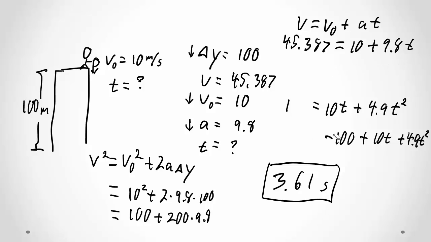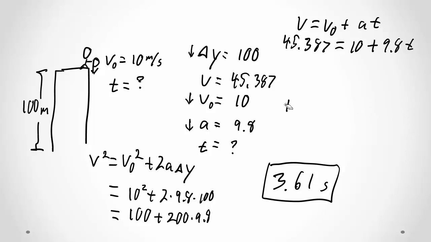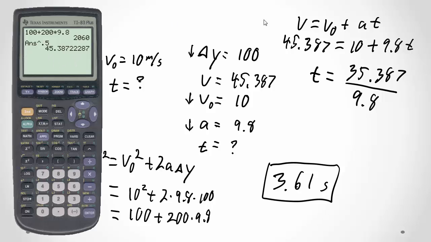Okay, we don't need this anymore. We do want to leave that answer so we can compare. Alright. So we subtract the 10 over, so we're going to have t equals 35.387 over 9.8. Let's grab our calculator here. And if you're doing this, I would not just type in 35.387. It's best to keep all the digits the calculator can. So I'm just going to take the answer minus 10, which gives me that, divide that by 9.8, and voila,